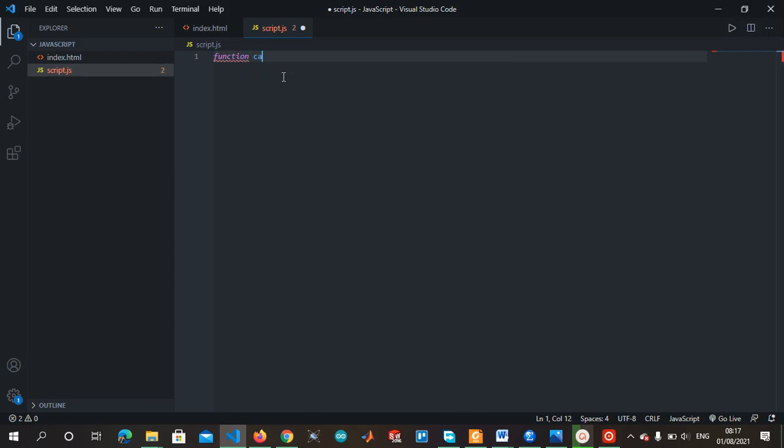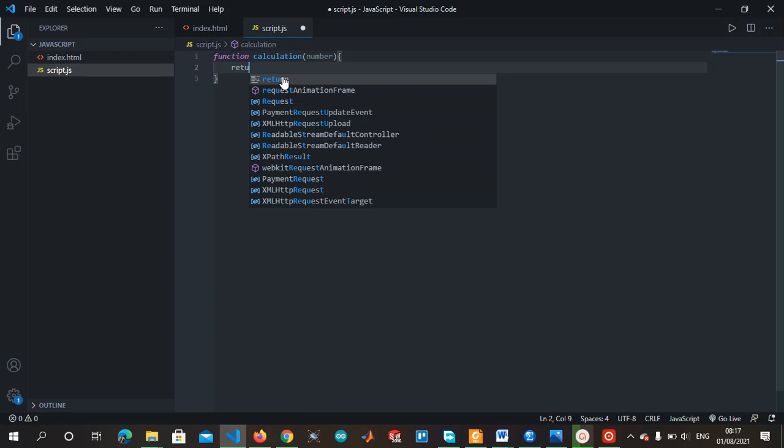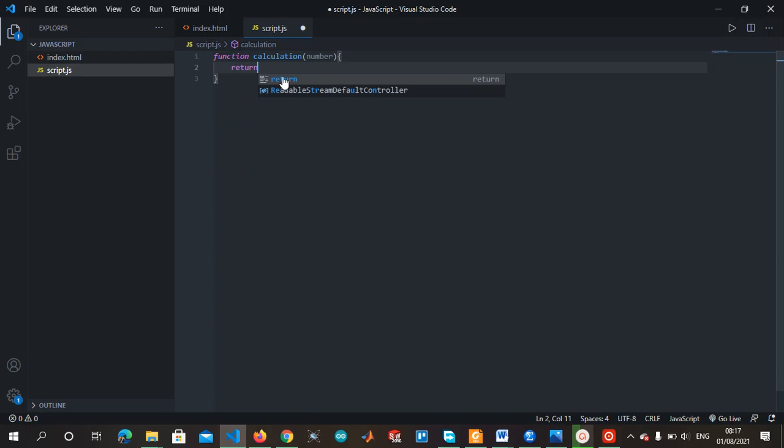So let's create a function. Function calculation, taking number. Yeah, let's calculate on the number. And then let's return something. One thing with functions, you can choose to give it a return value or choose not to give it a return value. But here let's return a value. Return we take that number